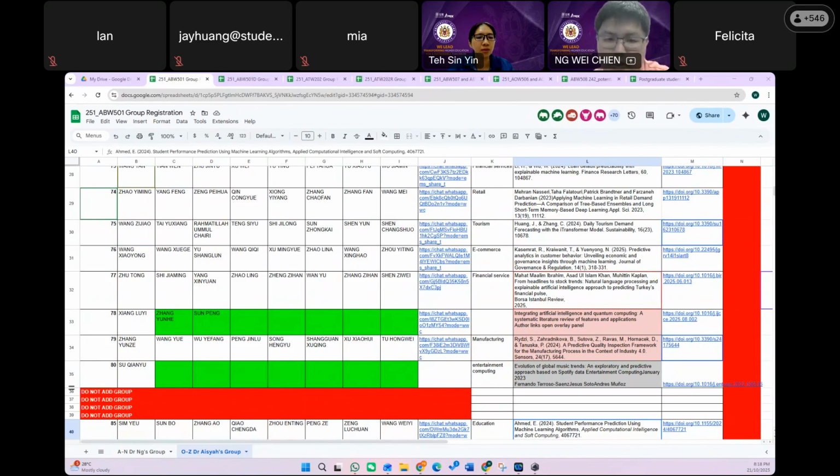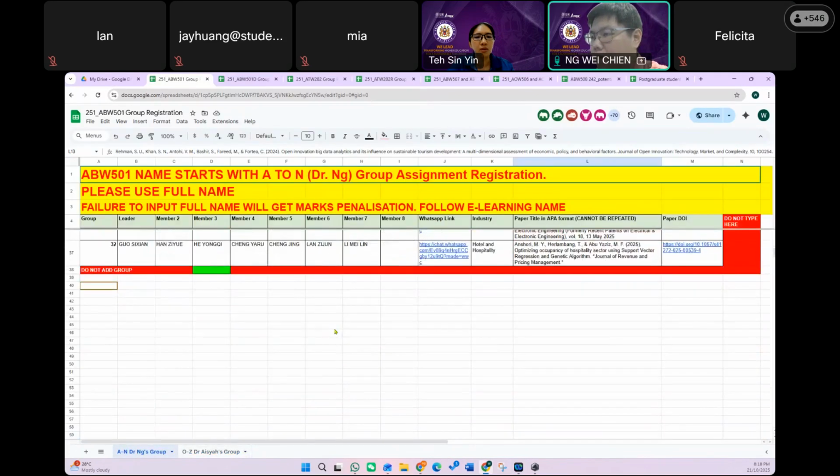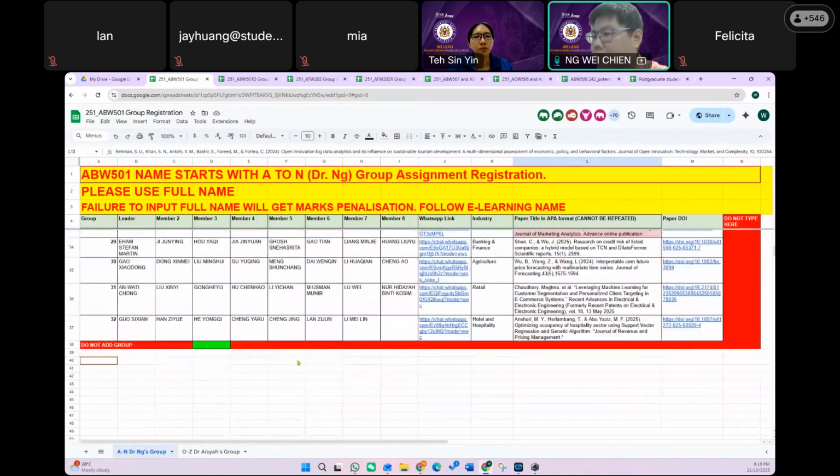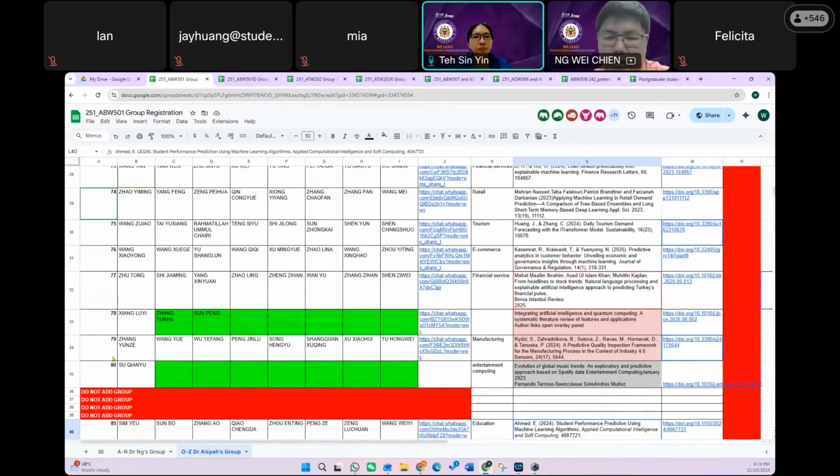What about your group, Dr. Ng? Can you see my group? So far okay. Only one or two missing, so it's fine. Okay, this one is fine. Group 78 and 80, can you communicate with each other? Because later when we do the quiz, the group will be finalized. The 5 marks will be finalized, so we will not repeat the quiz again.